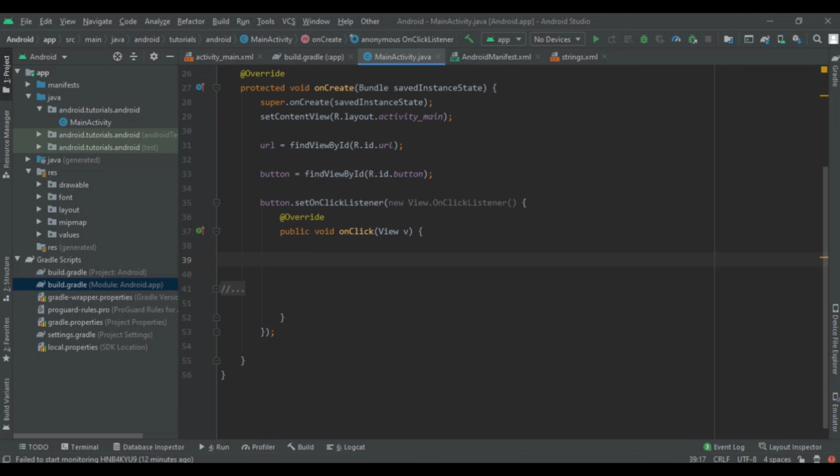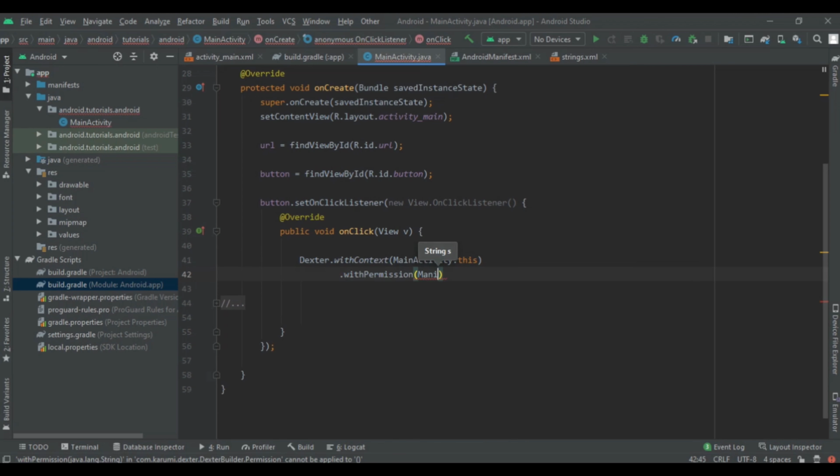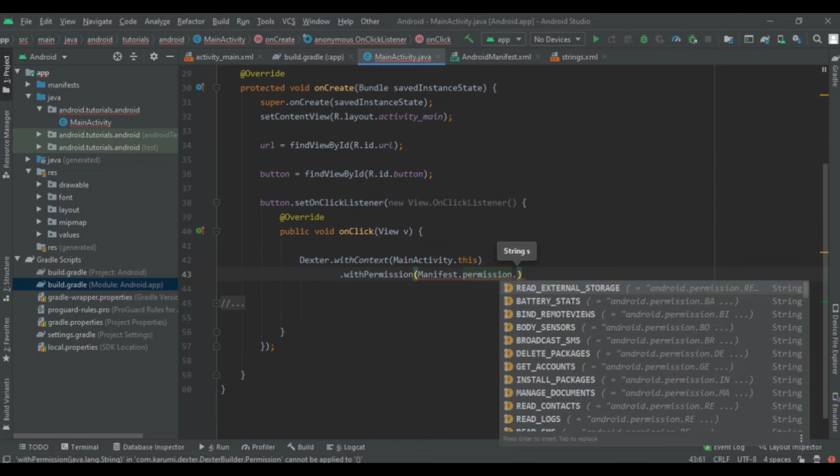So here we are going to use Dexter.withContext and pass MainActivity.this.